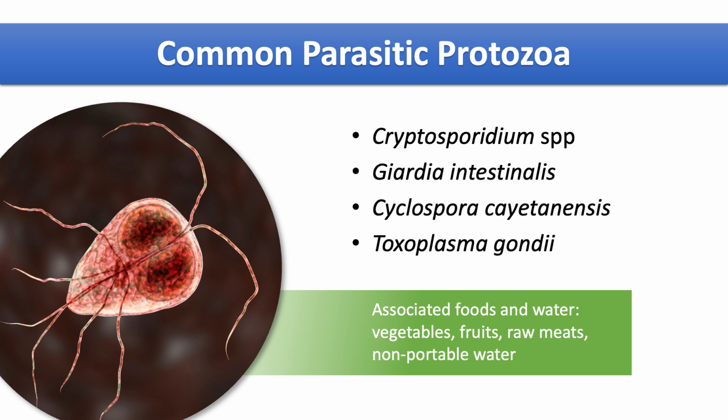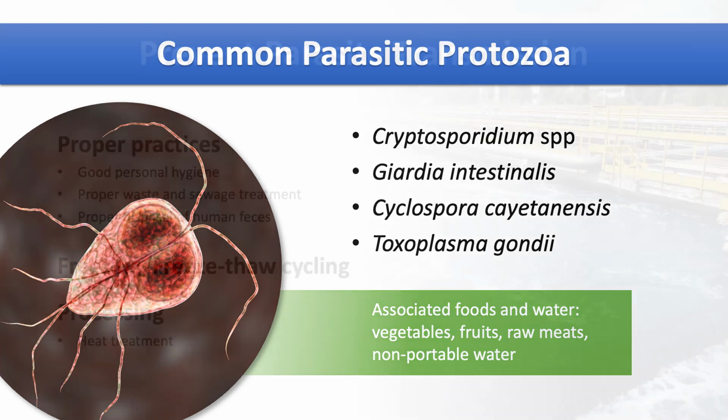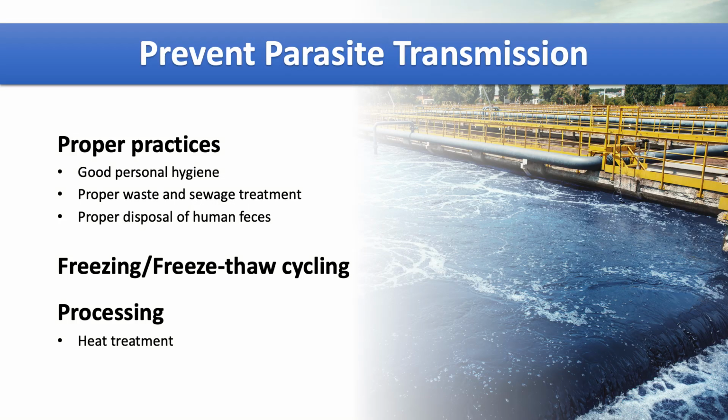Patients infected by parasites can shed parasites in feces, so food and water can be contaminated by fecal materials from the infected host. Parasites can also infect animal tissues. Therefore, parasites can be transmitted through contaminated food or water, undercooked meats, or person-to-person contact. Since fecal-oral is the main route for the transmission of parasites, proper practices are important to prevent parasite transmission.